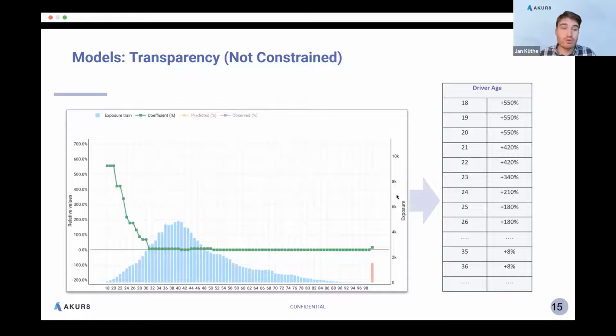Okay, what do you do with this? We've discussed adjusting your reporting, your internal reporting. However, you can also use this to change your tariff.